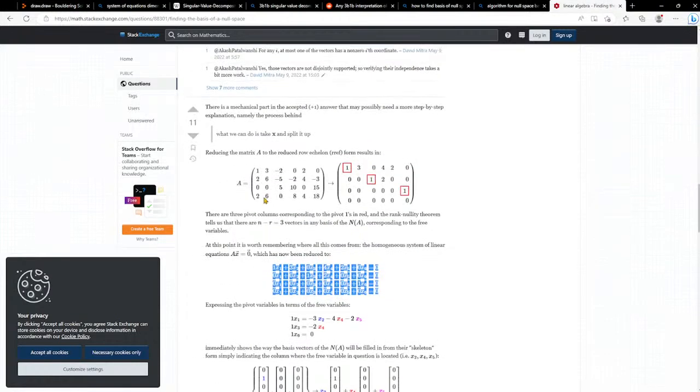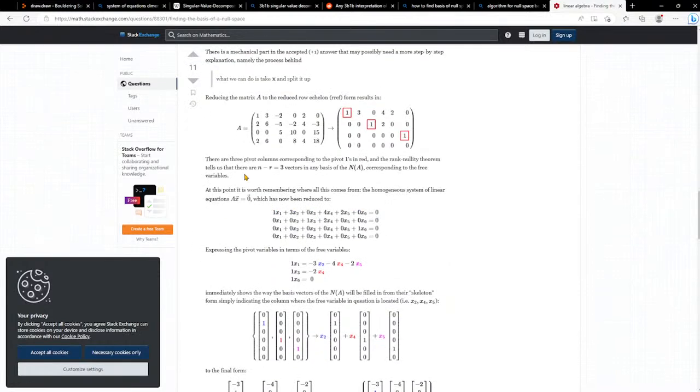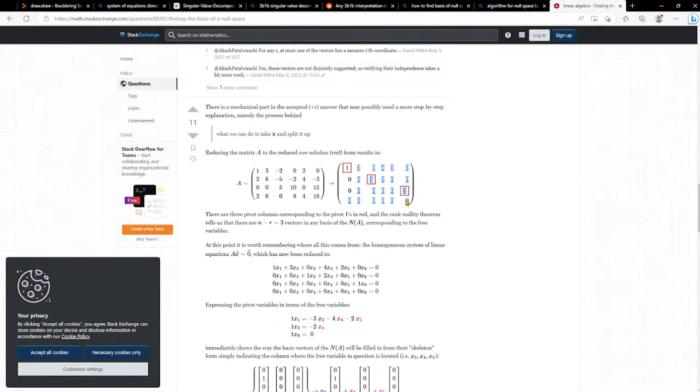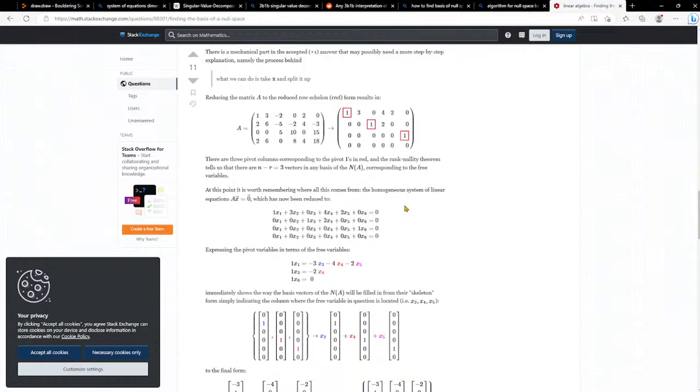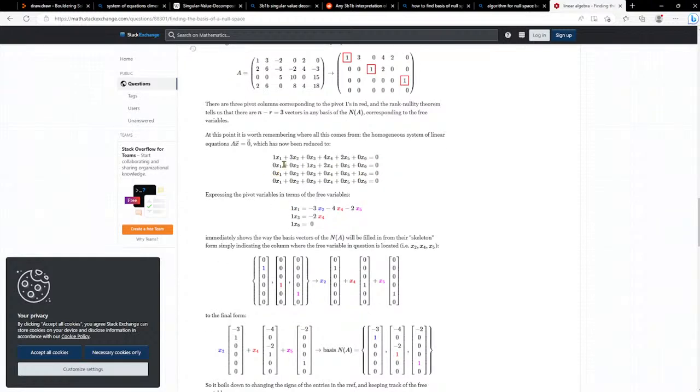This last one is all zeros, because the last row of the REF form is all zeros. Which means that each of these lines gives us one basis vector for the null space. So I keep my free variable, I give that a